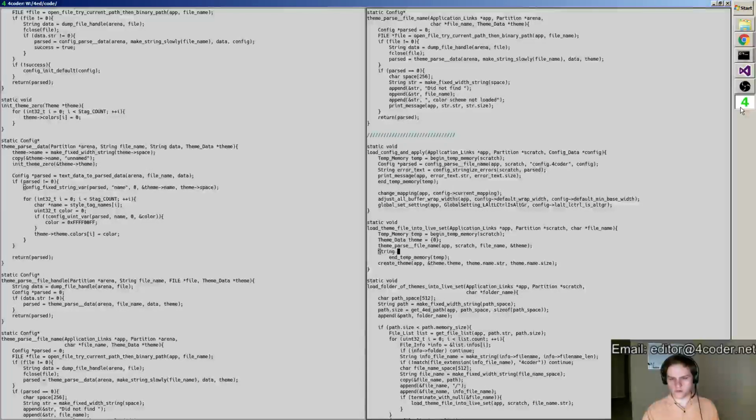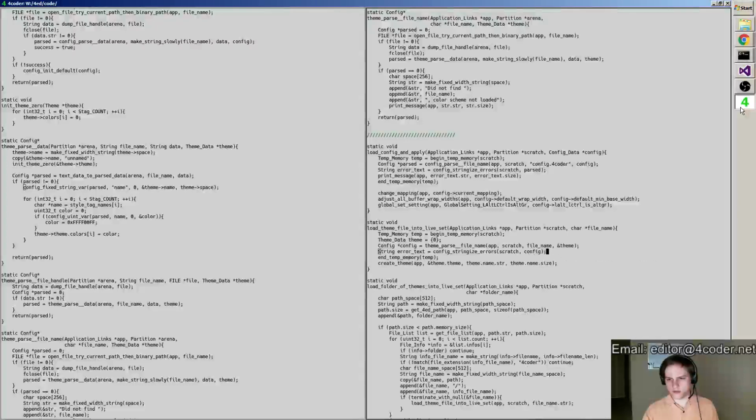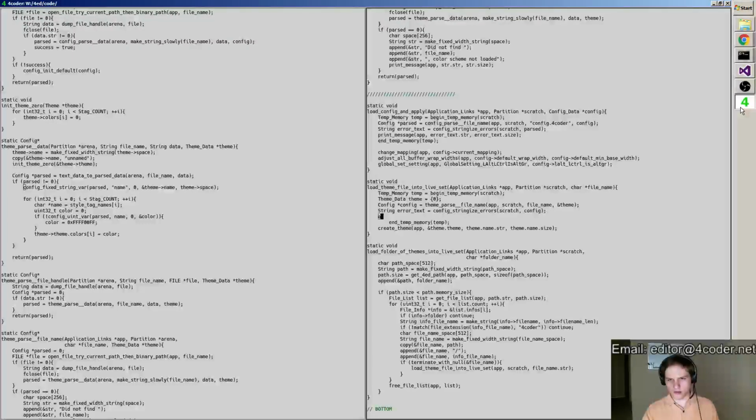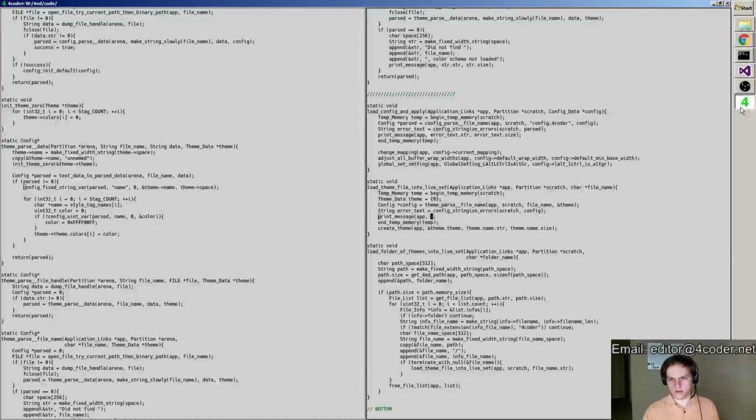We're just going to go ahead and go config string eyes errors, config scratch config, print message to the app, error text dot string, error text dot size.